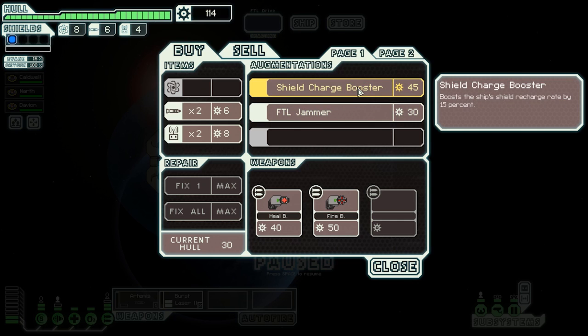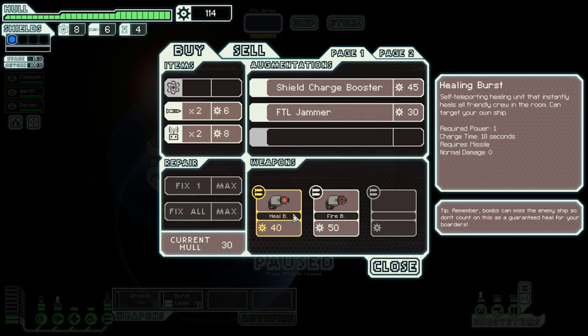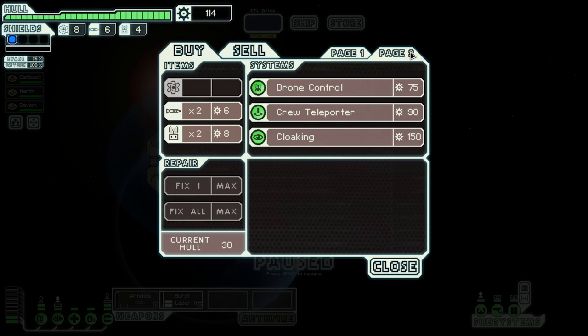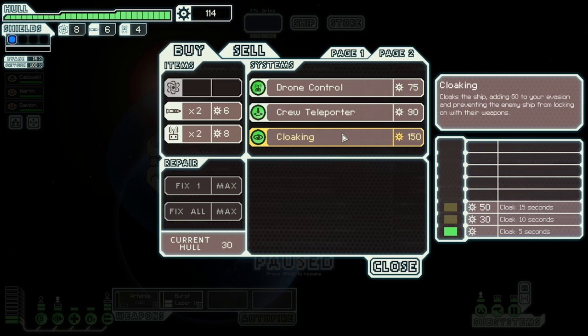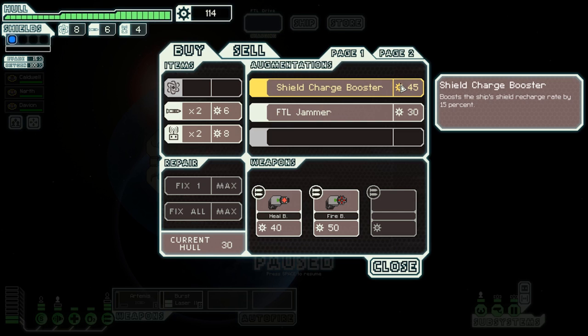We have a shield charge booster. An FTL jammer, which doubles the time it takes them to jump. A healing beam and a fire bomb. Not really sure that I need the fire bomb. I don't need drone control, or at least I don't feel like I do. Cloaking might be cool, although we can't really afford it anymore. Let's do this. Let's buy...